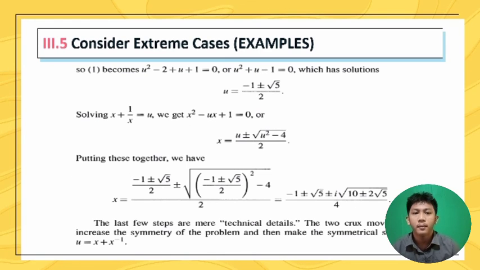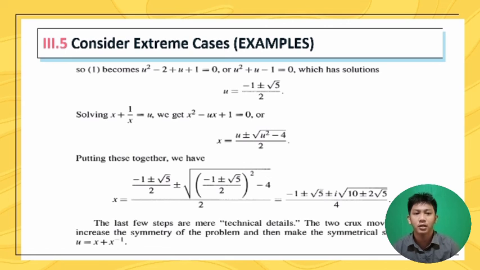So, it becomes u squared minus 2 plus u plus 1 is equal to 0, or u squared plus u minus 1 is equal to 0, which has solution u is equal to negative 1 plus or minus square root of 5 over 2. Solving x plus 1 over x is equal to u,